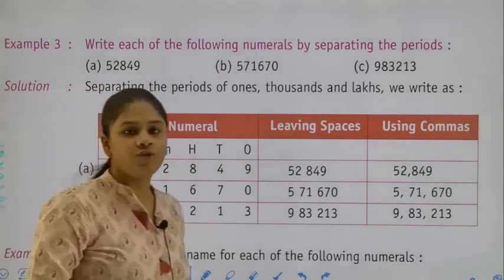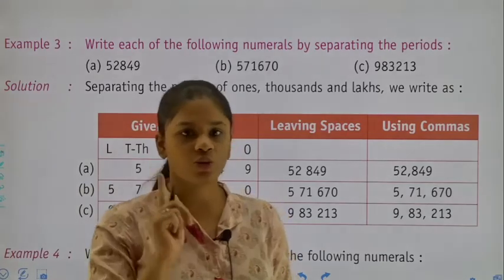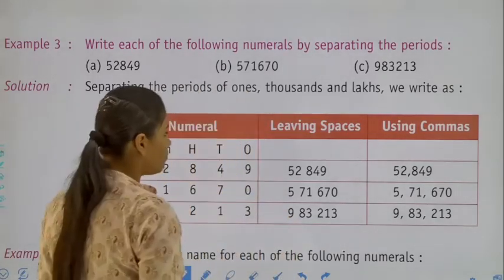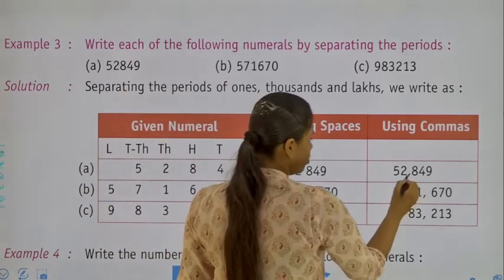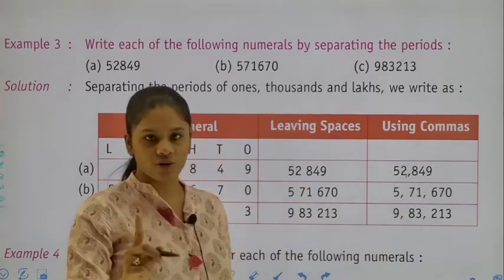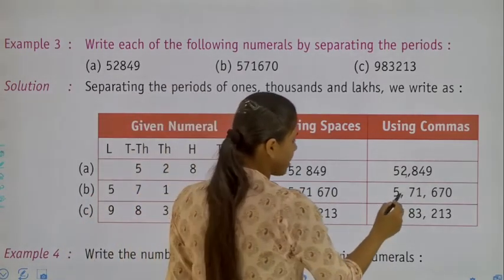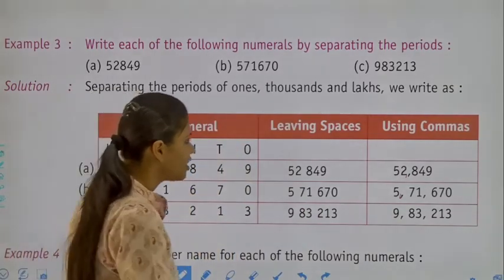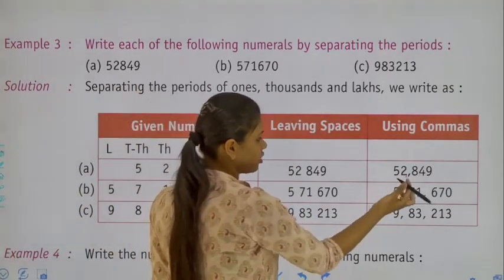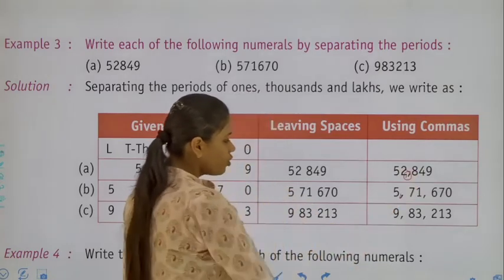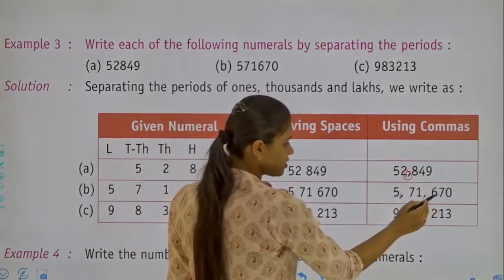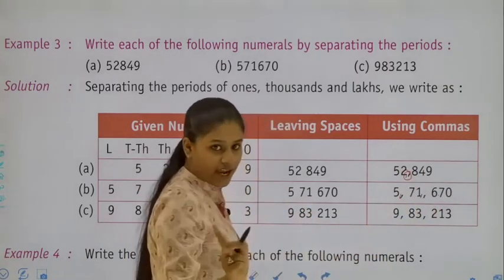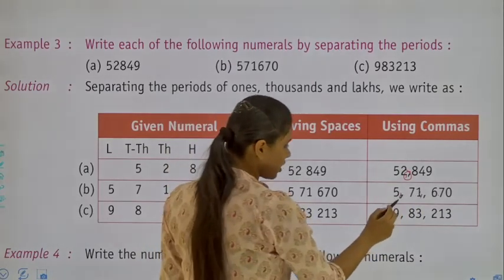Now we have to put the commas. तो स्टूडेंट्स कॉमा कब आएंगे? Ones, tens, 100. तो 100 के बाद, then 1000 and 10,000. Then again 10,000 के बाद, then lakh and 10 lakh. You can see in this ones, tens, 100. तो यहाँ क्या आया? कॉमा. You can see in this ones, tens, 100, then again comma, then 1000, 10,000, again comma.